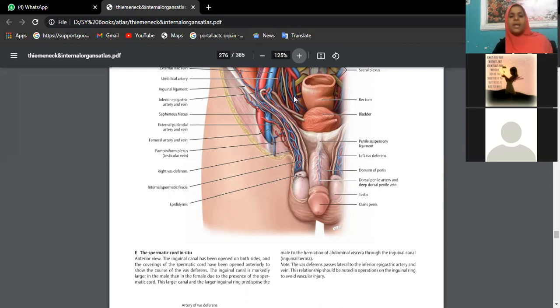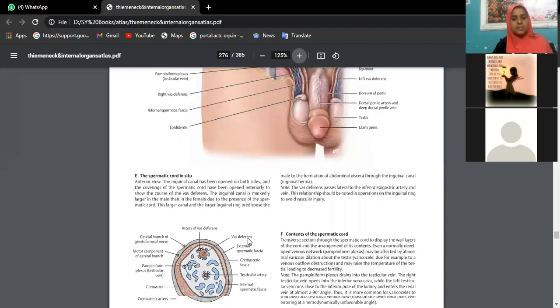During embryonic life, there is descent of the testis, which usually takes place after the 7th month of intrauterine life, where the testis moves from the abdomen through the deep inguinal ring, inguinal canal, and superficial inguinal ring. It now comes to lie in the scrotum, isn't it? That's what is the descent of the testis. All these details I have explained very well when I was taking theory classes.